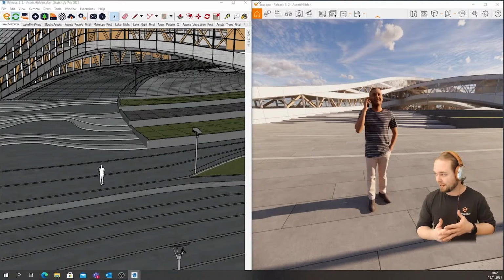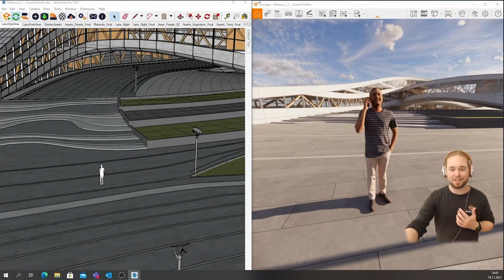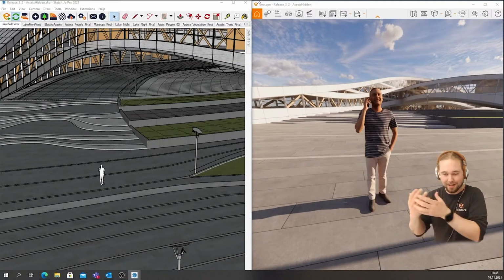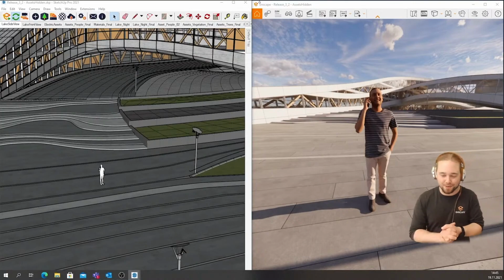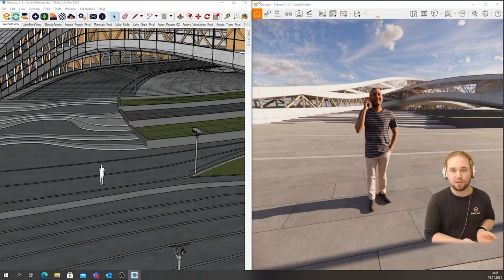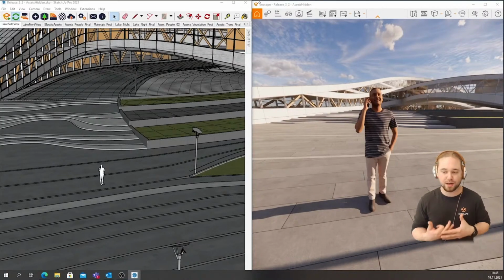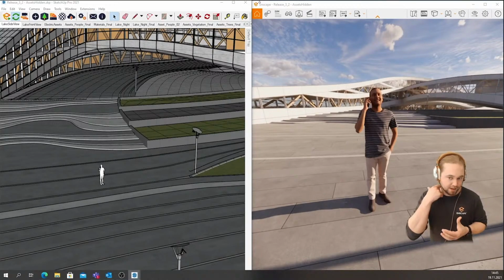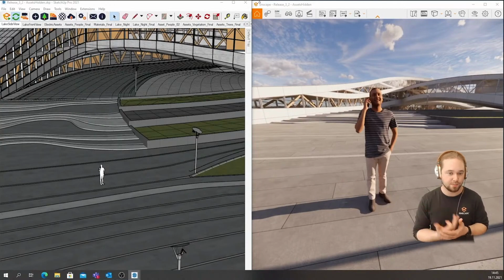Because, as you know, we have a very special position as Enscape, being the visualization, but also very close to your professional workflows. And we're always looking for new ways to leverage that position to make your processes faster, more streamlined, your life easier.